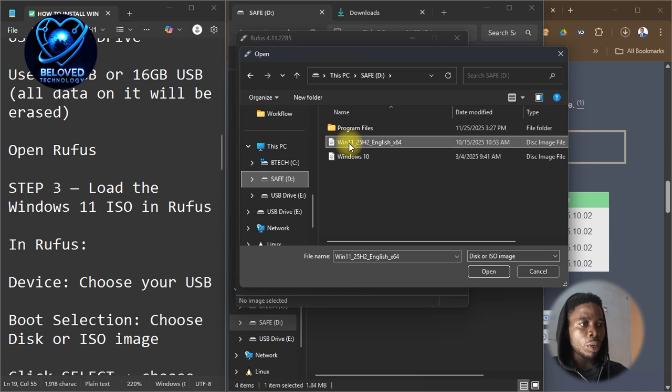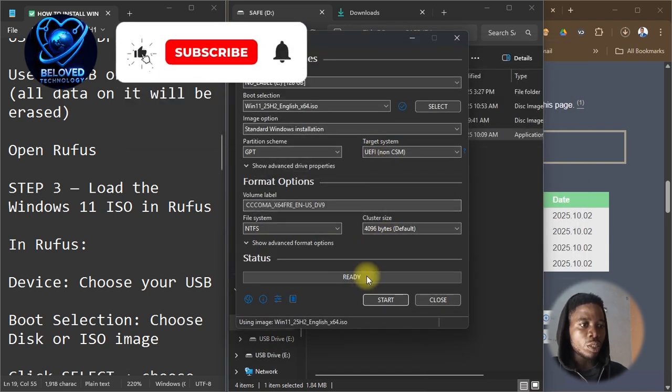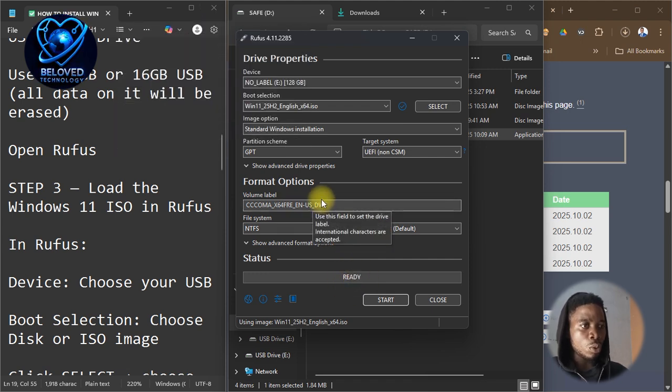So I'm going to double click on it and open it. Now once you see that this place indicates ready, it means you are ready to go. But before that, let's discuss a few things, some things you need to do here, because naturally if